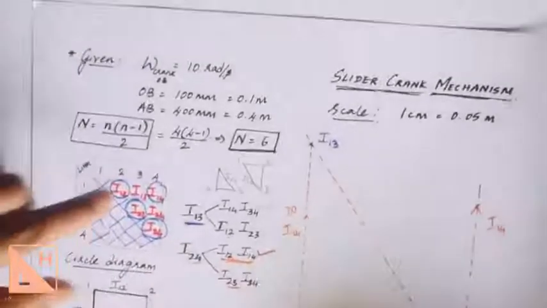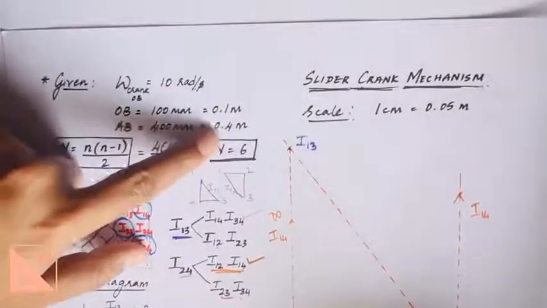We know the data pertaining to this because the angular velocity of the crank is given in the question itself. It's given as 10 radians per second. So you can just substitute it over here: 10 radians per second. VB is unknown, which I am trying to find. OB is a known value because it is already given in the question, the length of the crank as 0.1 meter. Substitute it in terms of meter. So we get the velocity at point B as 10 into 0.1, that is 1 meter per second.